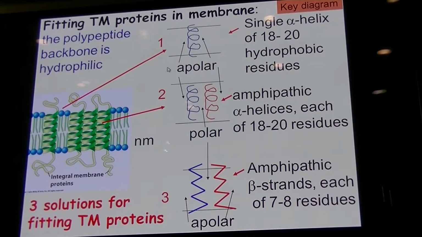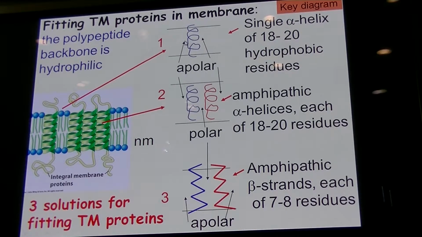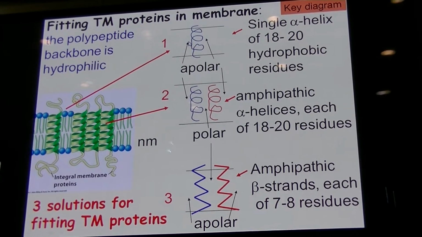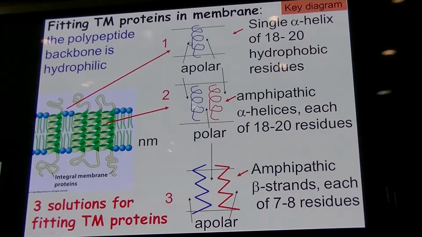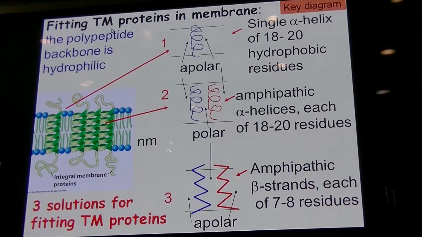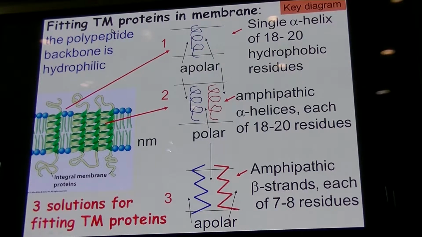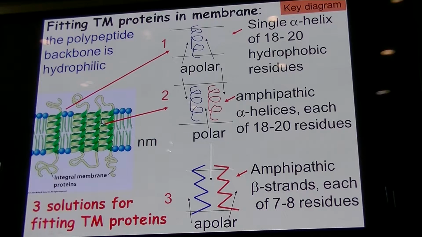So we need to have apolar or non-polar side chains, and the side chains all stick out to the outside of the helix. If the helix goes like this, and the side chains are all to the outside, then from top to bottom, all the amino acids with their backbone are hydrogen bonded with other amino acids in the helix. So there's another option, because you can have a couple of transmembrane domains coming together, and actually